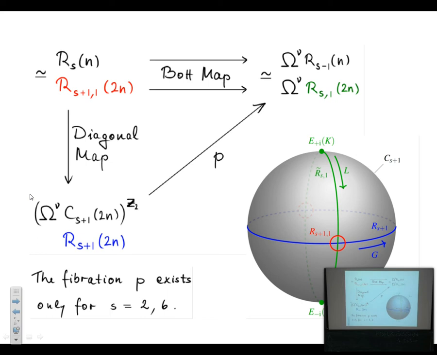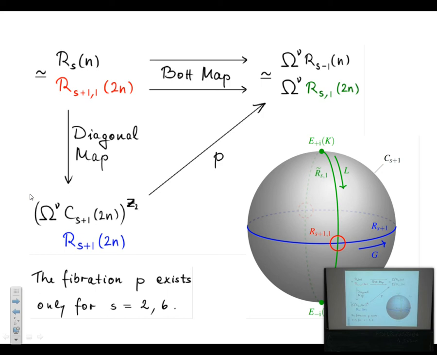there is a certain fibration which is depicted here. This is the fiber, this is the base, and the total space is the complex classifying space. There's a fibration which somehow maps everything onto the green part, and on the green part it squares. Yeah, so P is a square, and